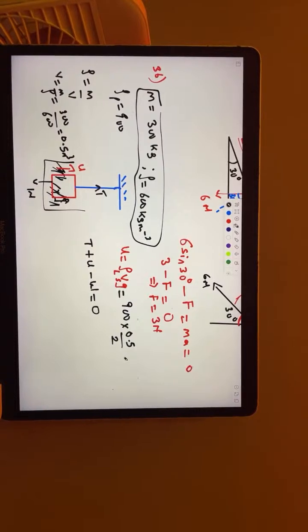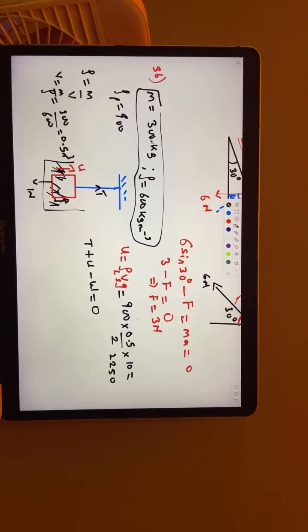So you have to divide this thing by 2. According to the question, only half of it was immersed inside the fluid. So that is why there is a 1/2, multiplied by acceleration due to gravity, which is 10. So what is that going to be? You have 900 times, so if you do all of these things together, that will be 9,000 times 0.5 divided by 2. So everything about the upthrust will give us